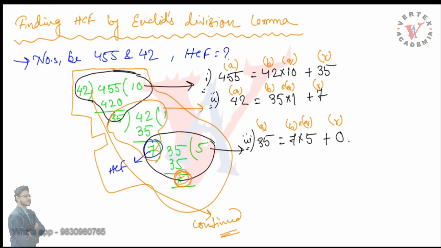We will pick out each and every step, and we will just write them in a linear way. This is what is called finding the HCF by Euclid's division lemma. And in those steps, the last B which comes out, I will make a star here, the last B which comes out is just the HCF.